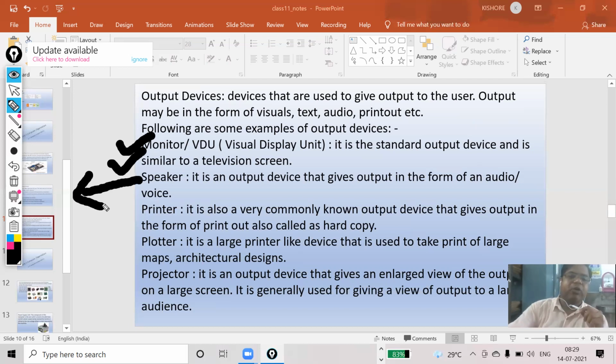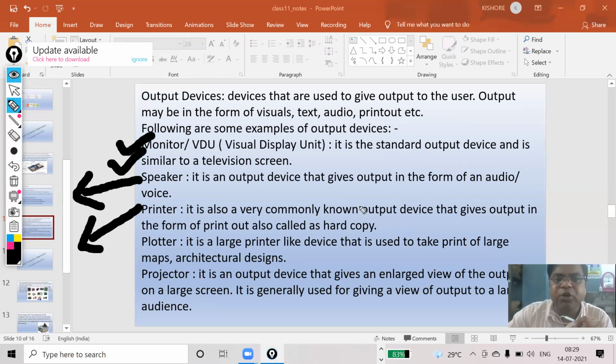Now the next part is your printer. Already I said this device is responsible only to give your output in hard copy. In hard form you want to get your data, then your printer will be the best one. But your printer can be categorized in two ways.